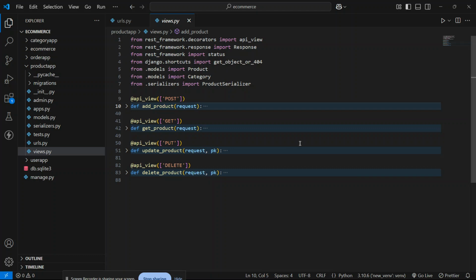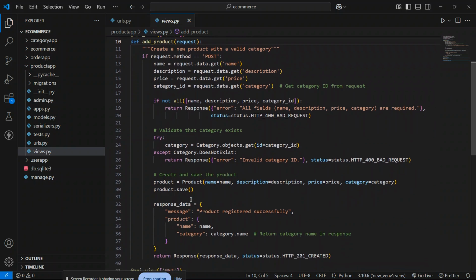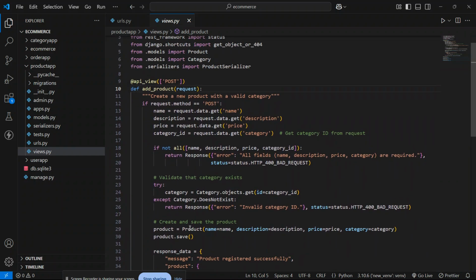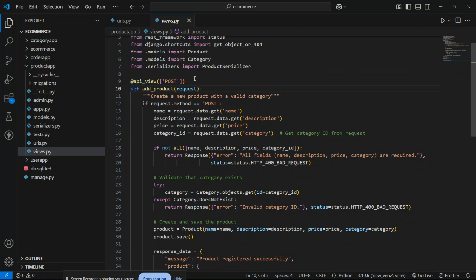So this is the view of the product. If I come to this method, as I discussed in my last video, there is @api_view, and inside it POST is the HTTP request. This is nothing but a decorator.